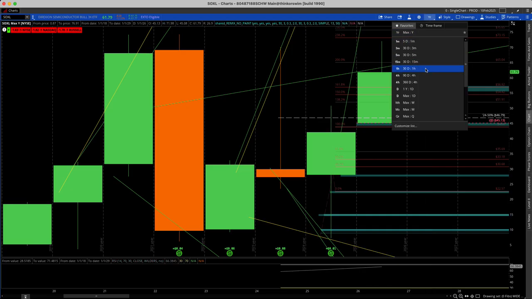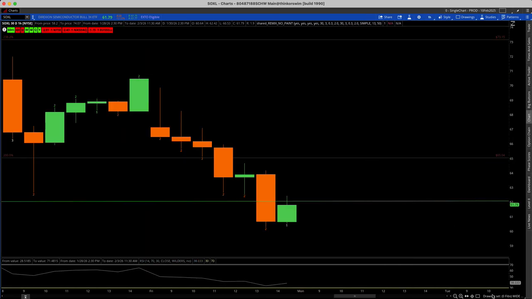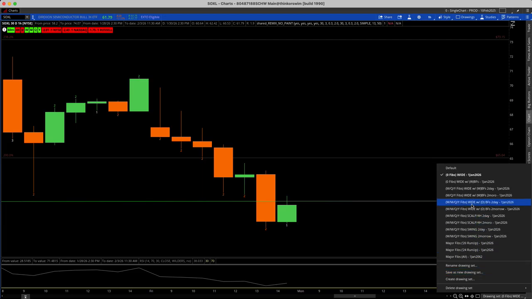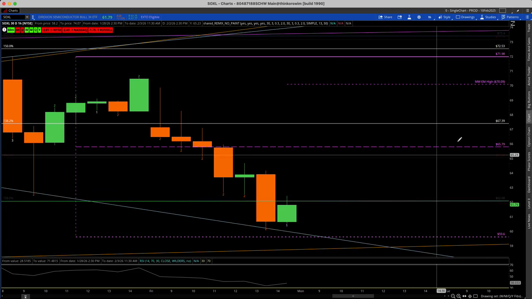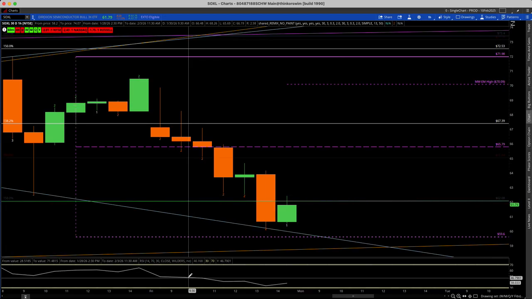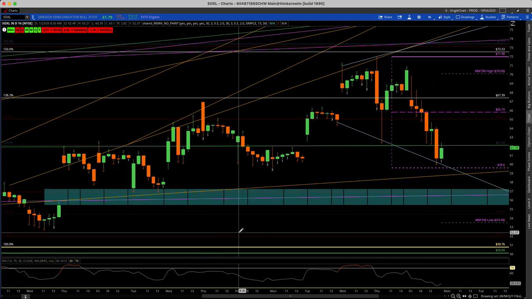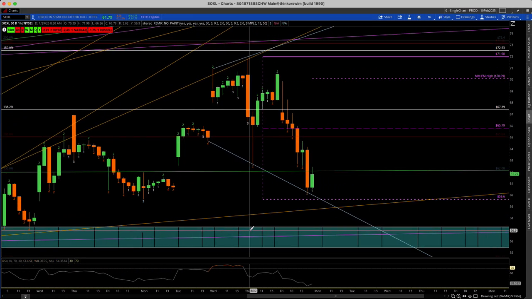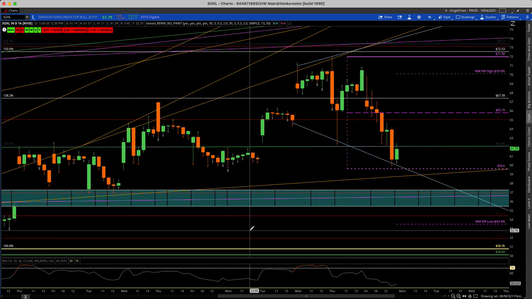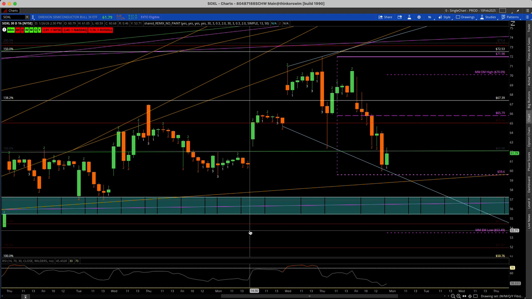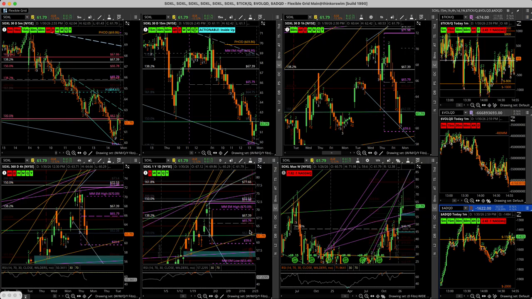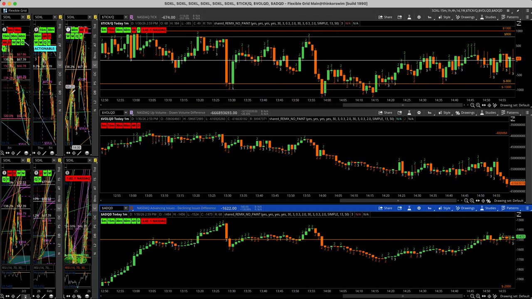Let's go ahead and zoom back in here. Let's take a look at the market makers' expected move for the week. Let's get this chart. There we go. Actually, before we do that, I do want to look at internals, right? That's another thing that I wanted to bring up. If we look at the QQQ internals,